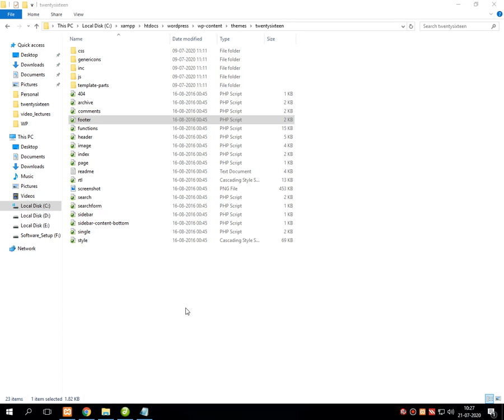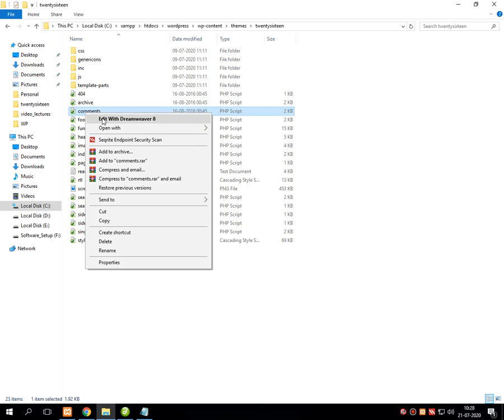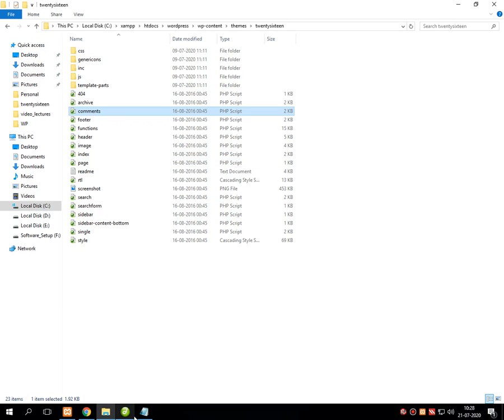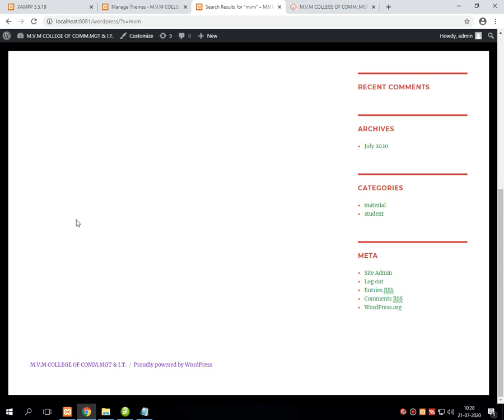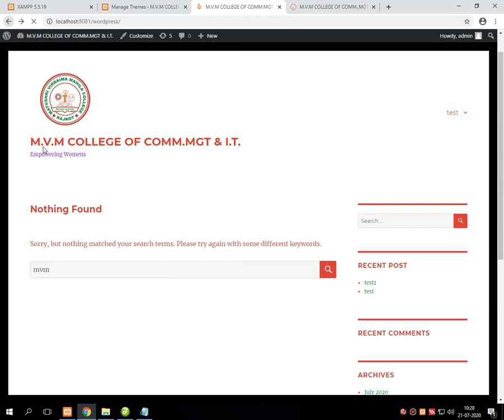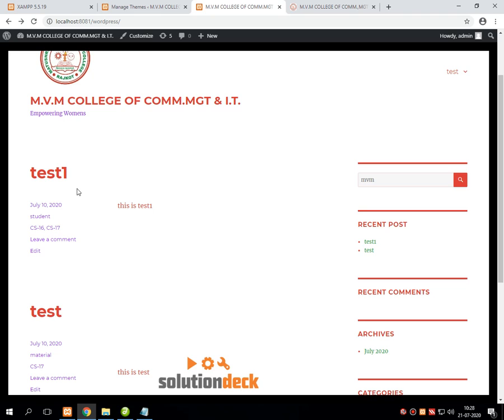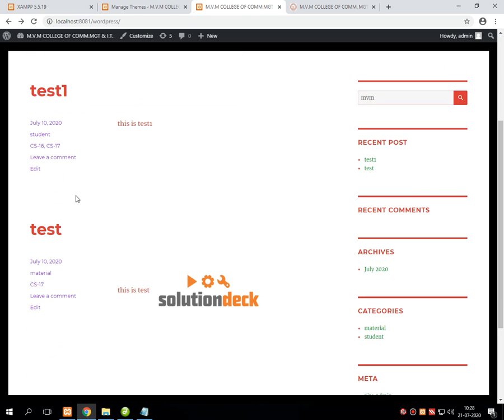Still we have some more time, so we can take another file also. So let's talk about comments.php. This comments.php file is related to displaying the number of comments given by the users for a specific post.